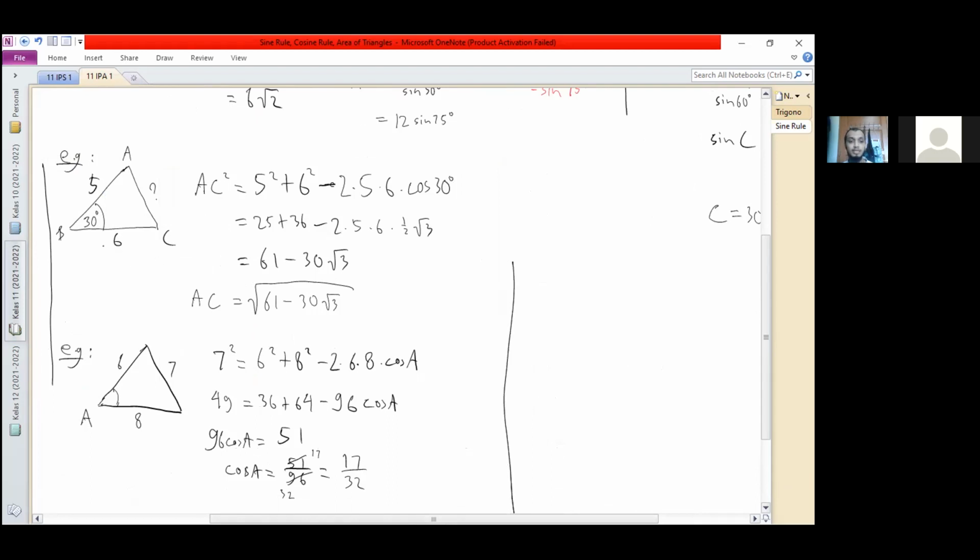Okay, another example: if we have two sides and one angle, but the angle is not between the sides. So the next example would be something like this. Let's say we have a triangle like this, and then